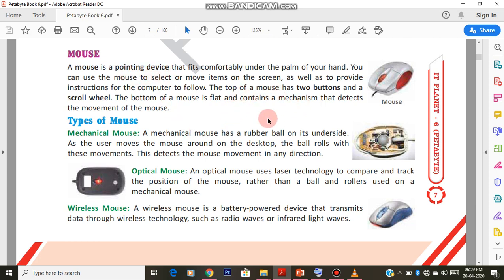It is made so that it can fit into the palm of your hand, and using the mouse you can select, you can click, and you can drag, you can scroll. All these things can be done using the mouse. And on the mouse you can see 2 buttons